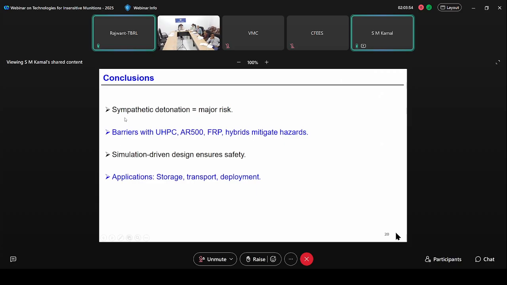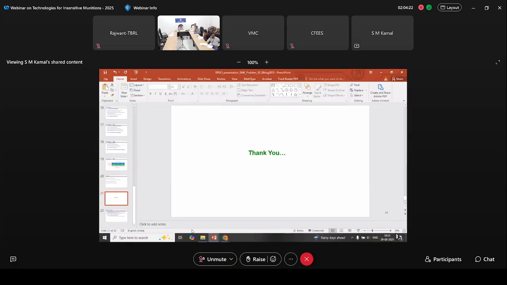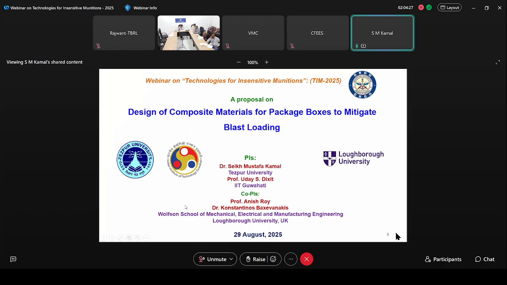And to conclude, sympathetic detonation poses a major risk. So our simulation-driven approach will help in arriving at a suitable barrier system that can mitigate such hazards due to sympathetic detonation, and this will be useful in storage, transport, and deployment missions. So with this, I conclude the first proposal, and next I'm moving to the second proposal, and this proposal is on